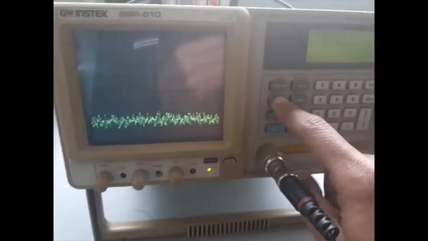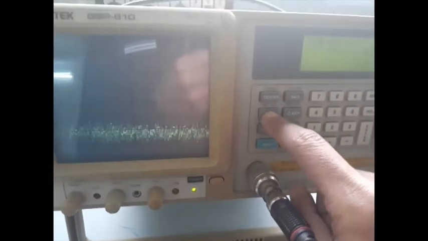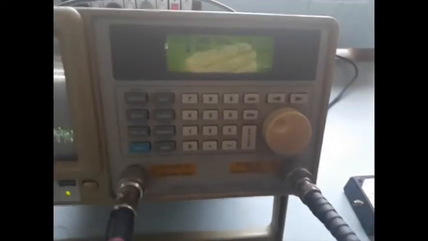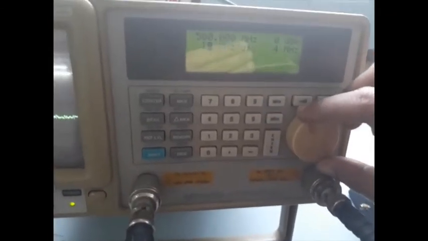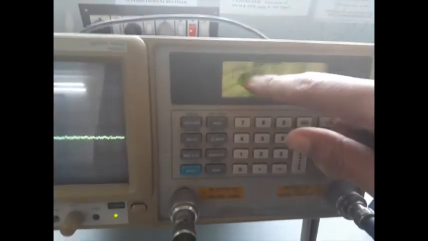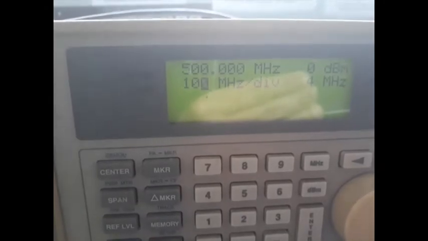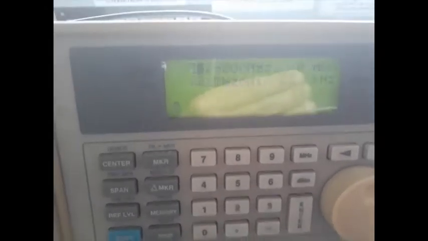So you have to adjust the span. So press span, and then you rotate it up to 100 megahertz per division.